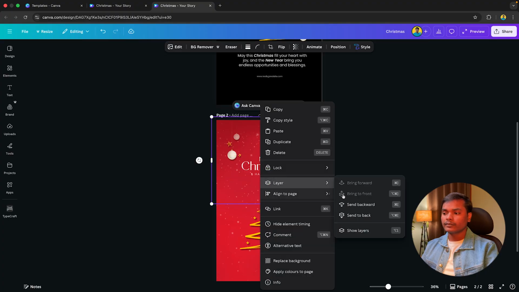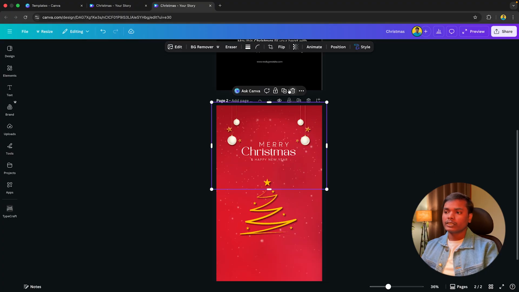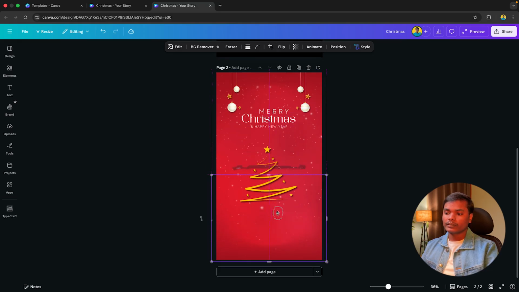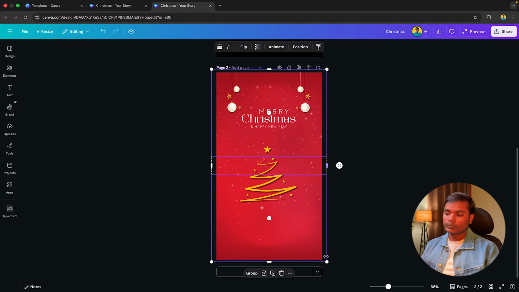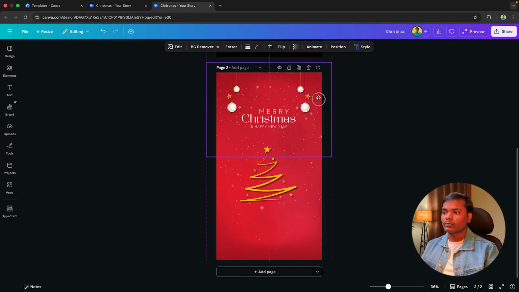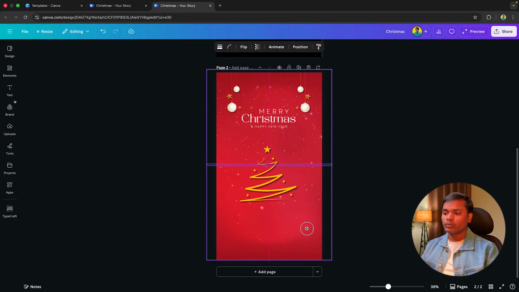Then right click, send it to back. Then just duplicate once again and flip vertical, and here you have to place it something like this. Layer, send it to back, and now you can see that it is looking much better. And if you want to change the size of this, you can just select both, change it, and arrange it properly. Select both once again and place it into the middle of this, just like this.